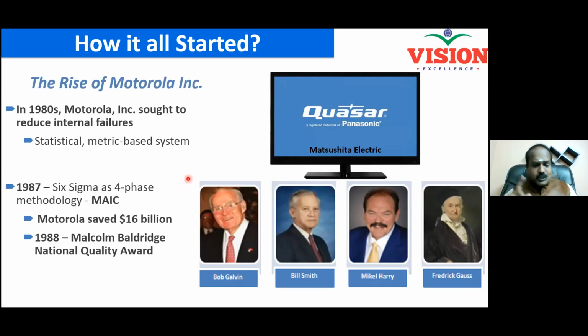And one more thing happened. Six Sigma evolved from Motorola, but later many other companies adopted it, and one such company is General Electric. General Electric was headed by Jack Welch at that time. The CEO of General Electric was Jack Welch. So Jack Welch and team converted